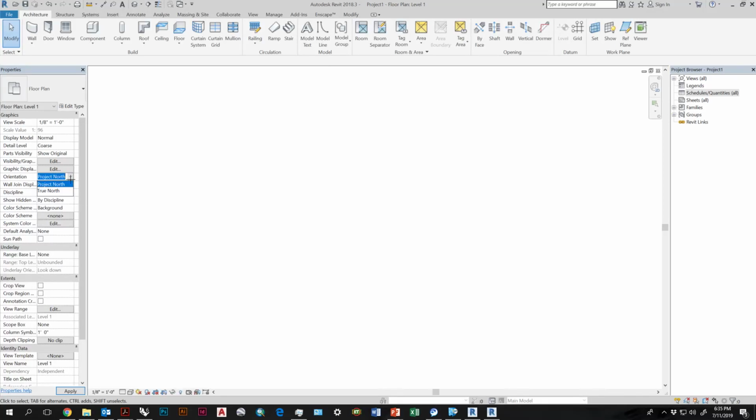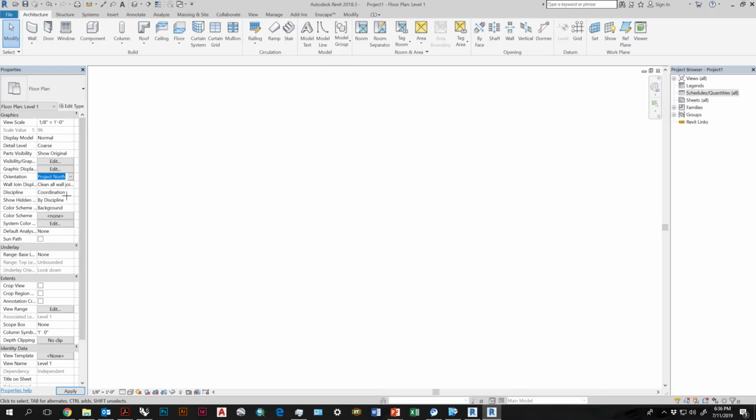Project north or true north. This is important if you need to work on a file that is at an angle, but you don't want to draw at an angle, which is very annoying. You can actually tell Revit which way is true north, and then which way is project north, and have those be flippable, so you can work in one or the other. That's terrible. Sorry about that.